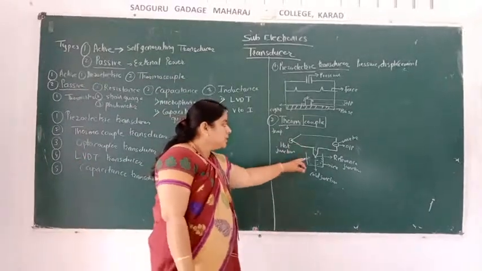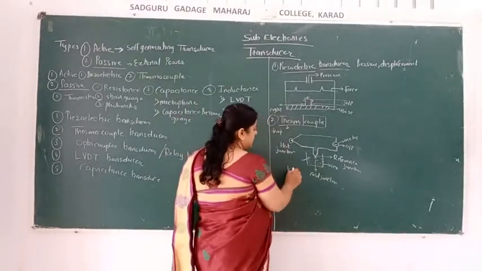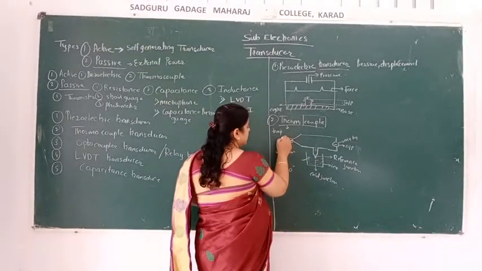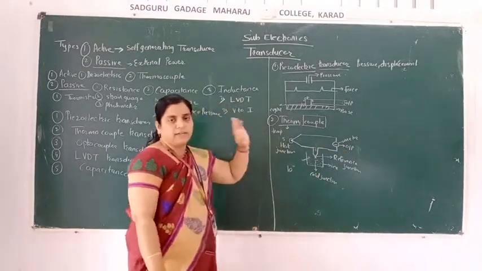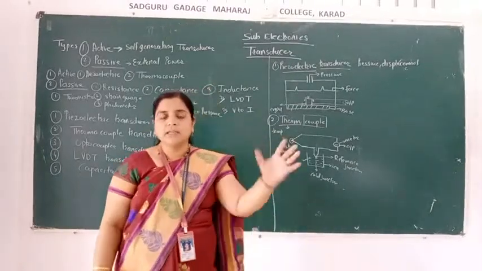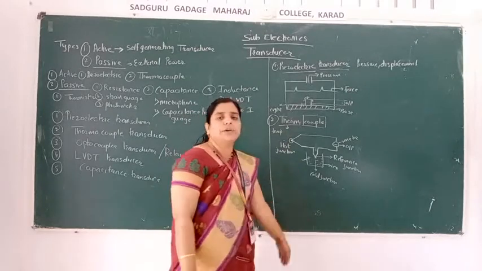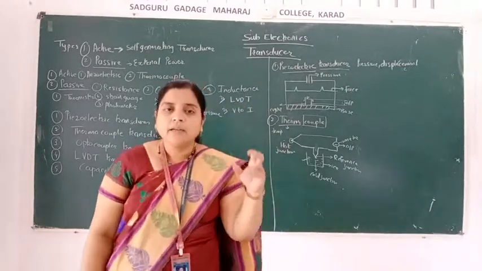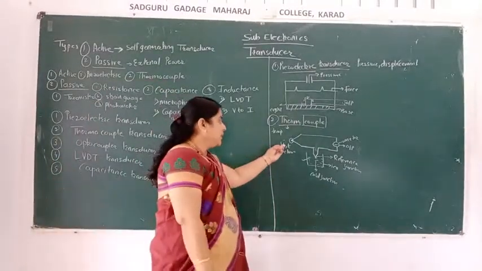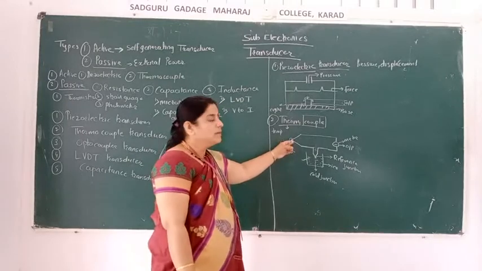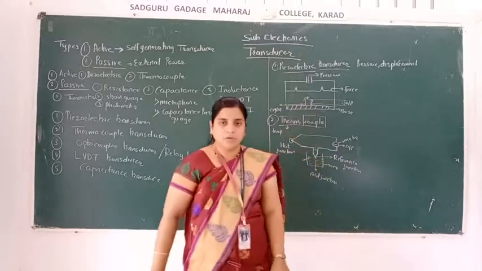Temperature. Means if you have a fixed temperature, suppose here the fixed temperature is 10 degrees Celsius, and you are getting here 5 degrees Celsius, then you will get the difference between 10 and 5 degrees Celsius. So that is measured at the output. So reference means the fixed temperature that you set yourself, and at the hot junction you are measuring the hot temperature, how much temperature you are getting here, and the difference between the hot junction and cold junction you are measuring at the output.